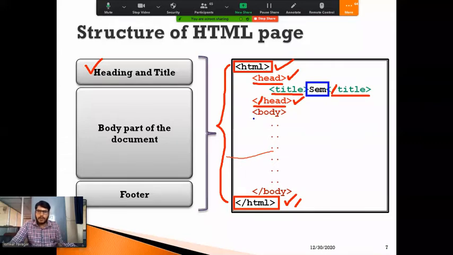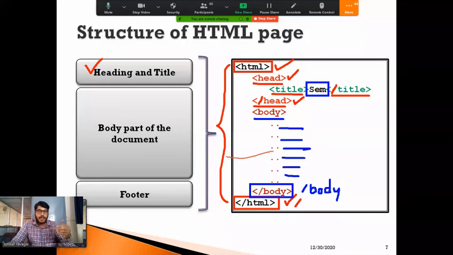And here you can observe I am going to use body tags. This is the opening body tag and this is the closing body tag. As you can see here, again, while writing body, I am using a forward slash. So this is the closing body tag. Whatever elements I place here will appear in the web page document. So this is how we are going to write HTML code.